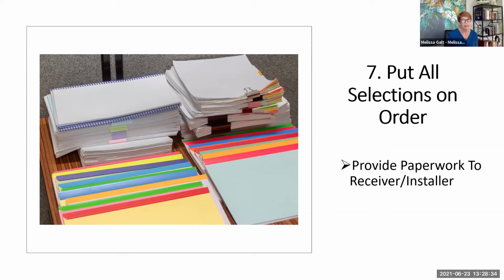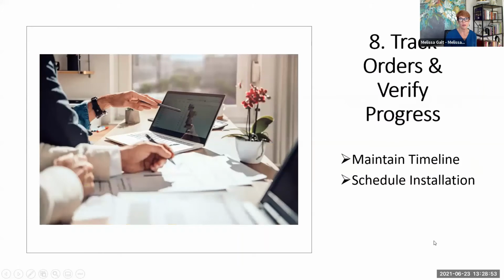They need to know exactly which pieces. They need to know what they're looking for. So you need the documentation. It needs to have a picture of the piece. It needs to have the dimensions of the piece. You need all of that for your receiver and installer. You really, really do. Please don't skip this step. It's way too often skipped, and you wind up with a mess on your hands.